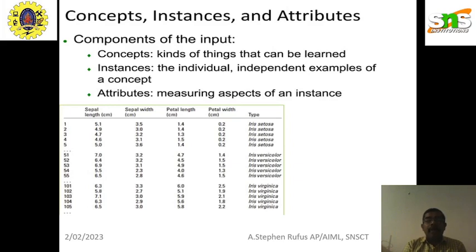So these are all the concepts that are defined into the specified flowers, and then we define the instances, and we define the attributes. So this is the very important basic concept of machine learning. If we are collecting the data, the raw data cannot be fed into machine learning. It has to be divided, or classified, into those three basic things we already mentioned: the concepts, instances, and attributes.